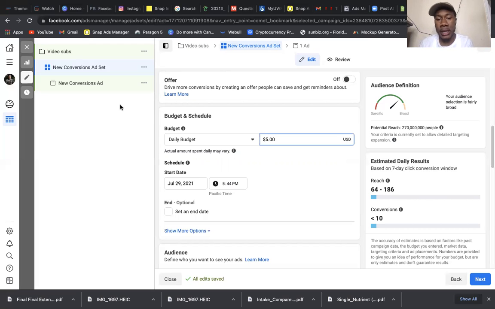That's holding your budgets and saving you a little bit more money when getting started, because spending money on advertisement is expensive, and everybody can't afford to do $20 a day. I do $20 a day because I'm that type of person. I like to take risks or whatever. But it is what it is.